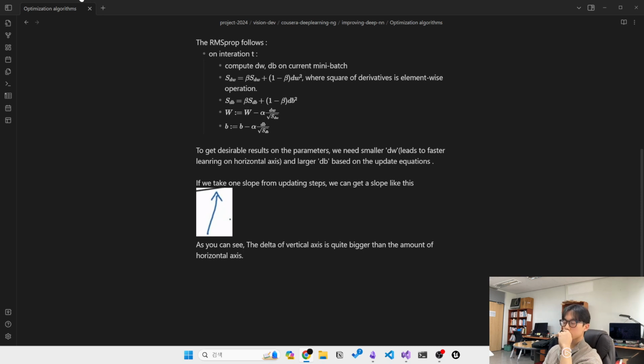And one effect of this is also that you could therefore use a larger learning rate alpha and get faster learning without it diverging in the